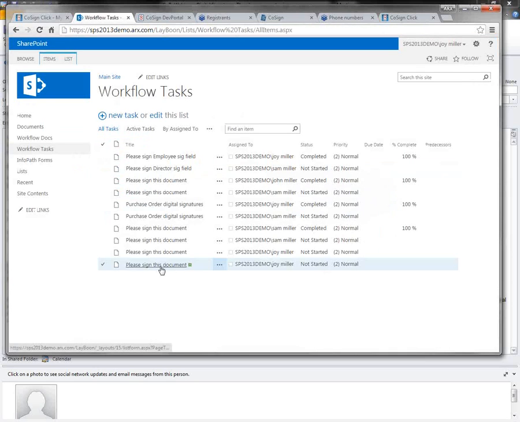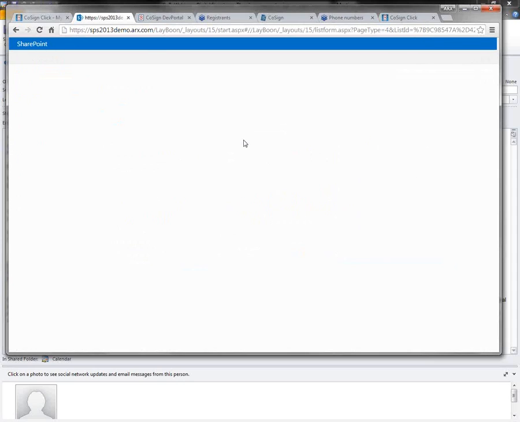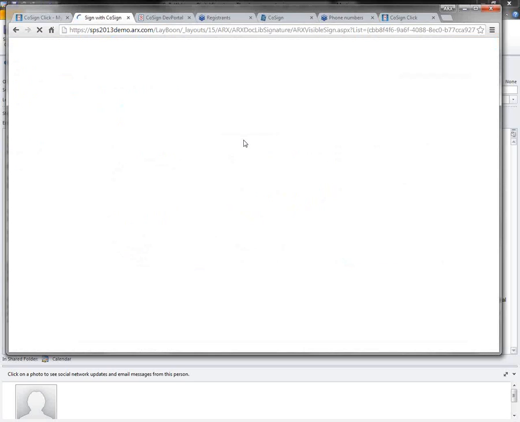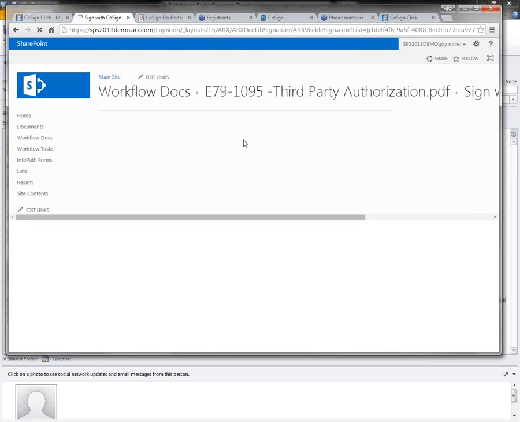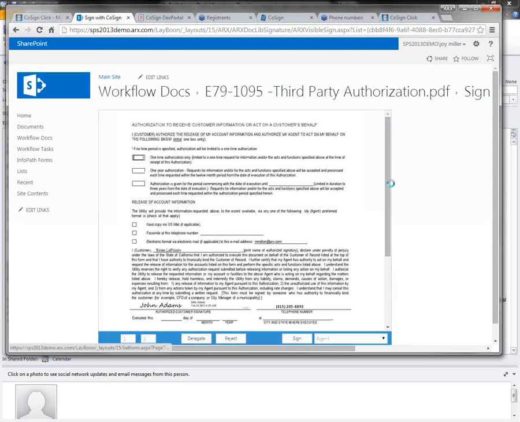And so I have a scenario here where I actually have a task right here waiting for me internally to sign. So I sent the document out. It came back signed from that third party. It's been exported from that system automatically and put into a content management system, and a task's been sent to the next person in the process that needs to sign off on that document. So I'll click this task. It's going to take me directly to that same document where it'll allow me internally to sign off within the system that I'm using of record, such as SharePoint. So here's that third-party authorization.